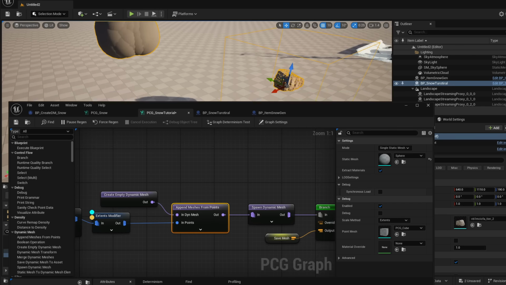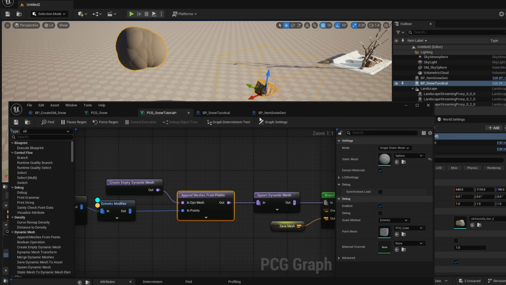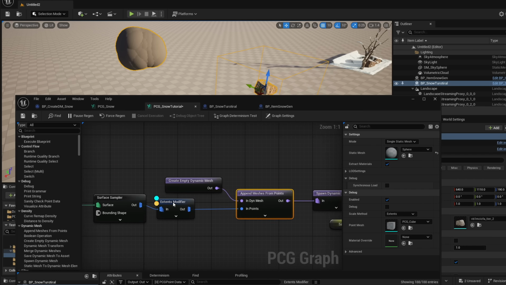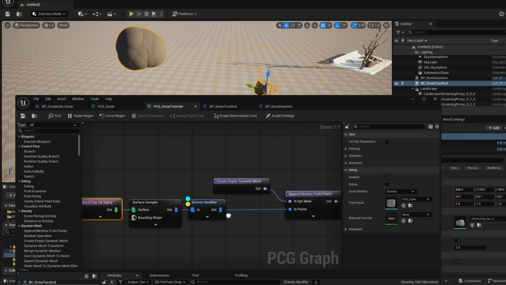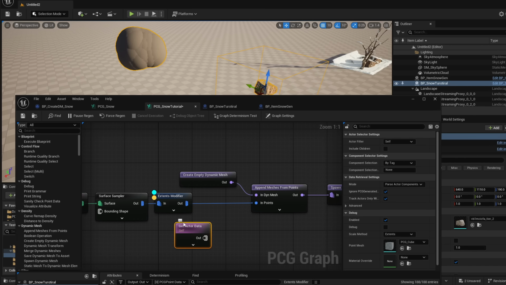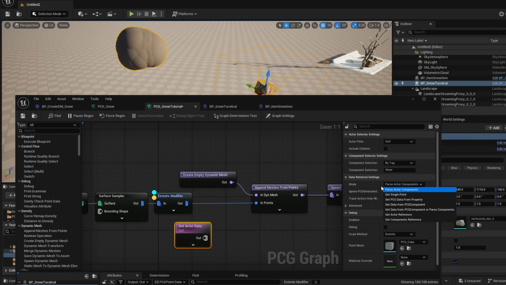And you can see that we have some spheres spawned, but they are not in the right place. So how can we move these points to the right place? We need to actually apply some transform offset. So let's get our actor position by get actor data. This actor data will be just a single point. So here into the data retrieval settings, set the mode to single point, and this will give you the position